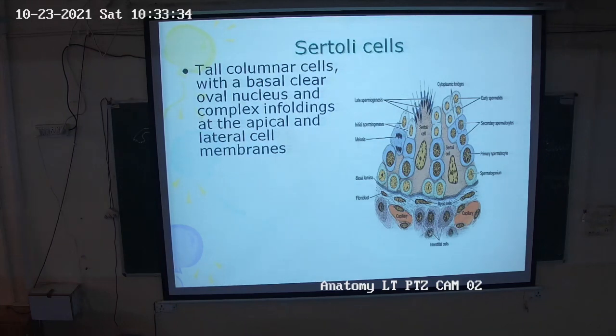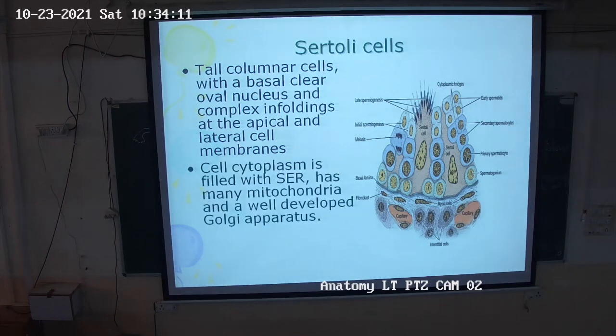Now, as you can see in the picture, this will not be visible in the usual microscopic view. It will be visible under the electron microscope. But we have two types of cells here, spermatogonia and the sustentacular cells. The central one, brown in color, is the long polyhedral or pyramidal shaped Sertoli cell. The apical end is directed towards the lumen of the seminiferous tubule and the base is towards the basal lamina. Then the lateral part of these forms the occluding surface. This occluding surface divides the lumen into two parts, the basal part and the adluminal part.